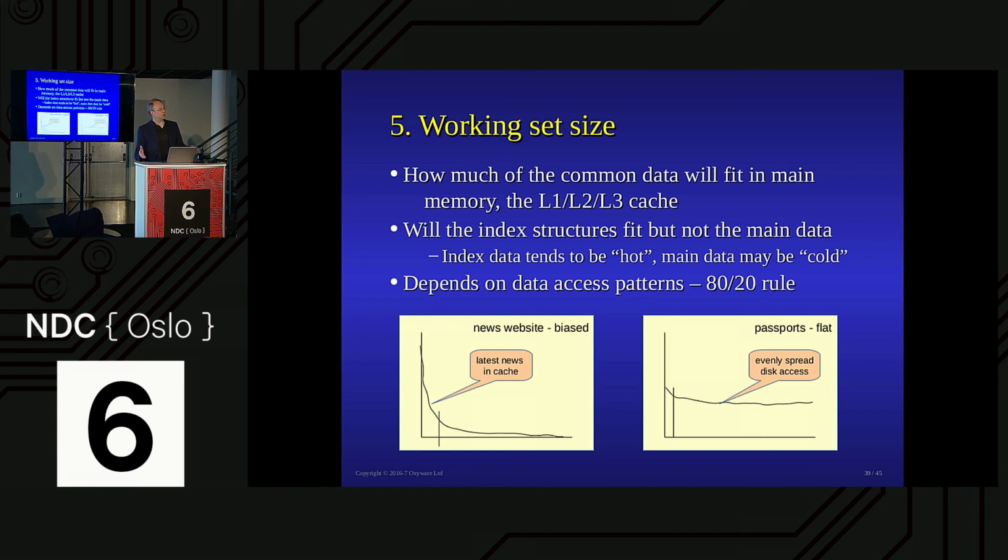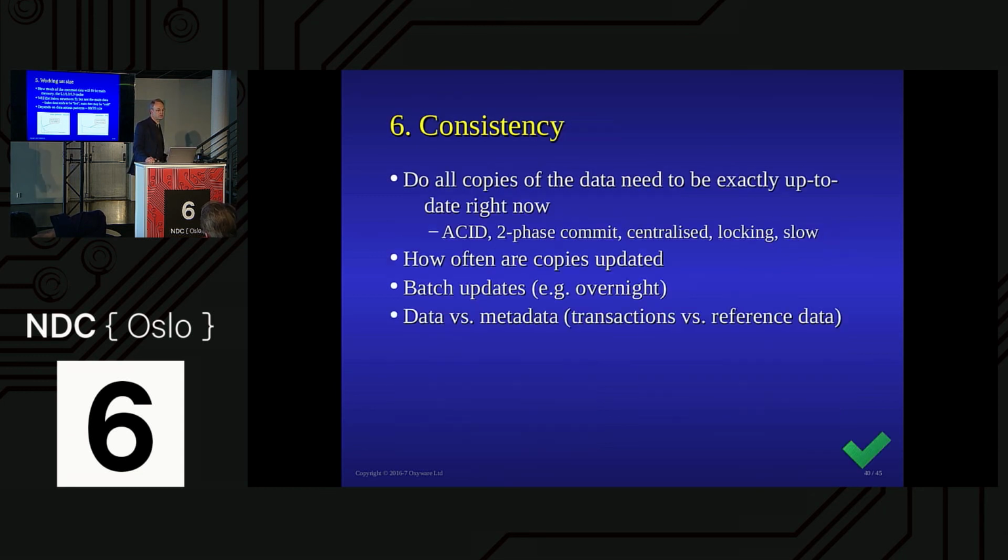Do I need a bigger machine? Can I actually fit this one here? Is it worth trying to do compression on my data to try and fit it in, because that saves me the overhead of going to the disk? All of these things are very important to understand from an optimization point of view.